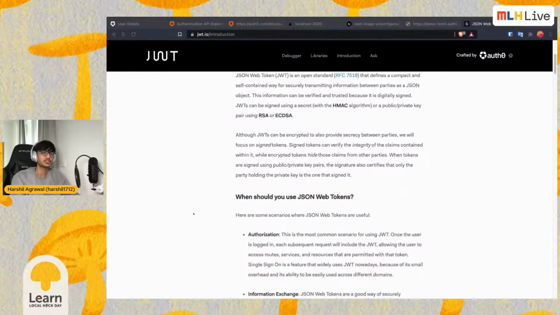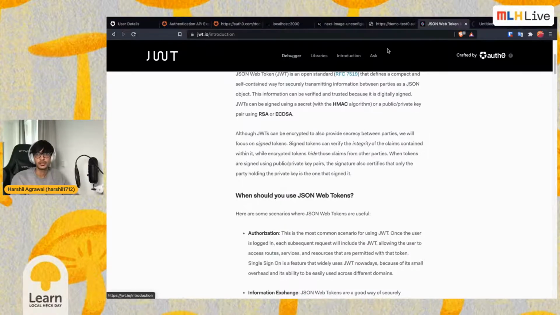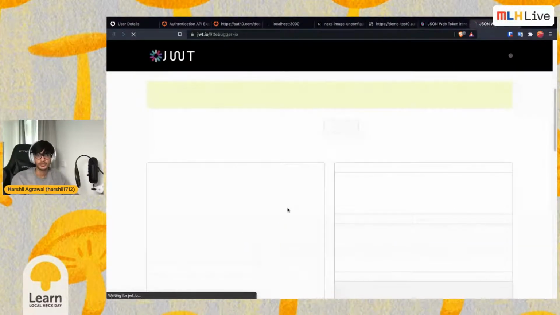So let's just say you are sending out the email address, the name of the user, stuff like that. Now oftentimes people don't like it if their email address gets exposed, right? So what you do is you use the concept of JWT: you hash it, you sign it, you create a JWT. And where was the debugger? Okay, so if you see over here,